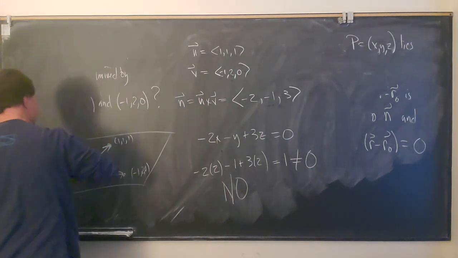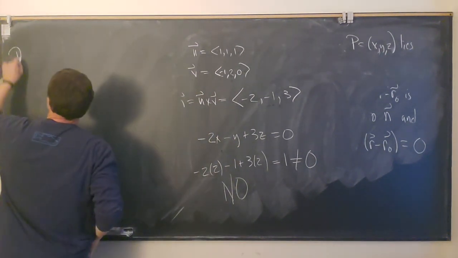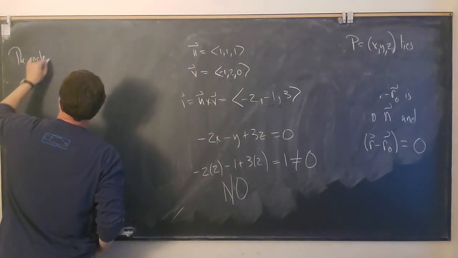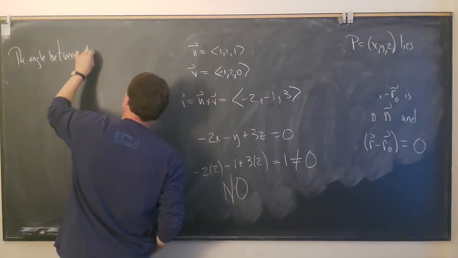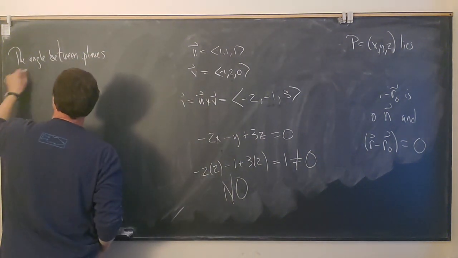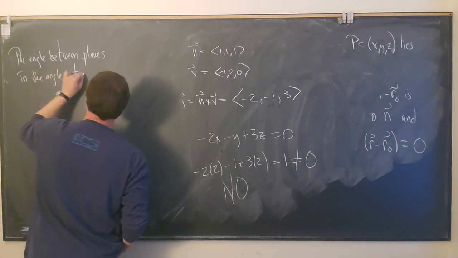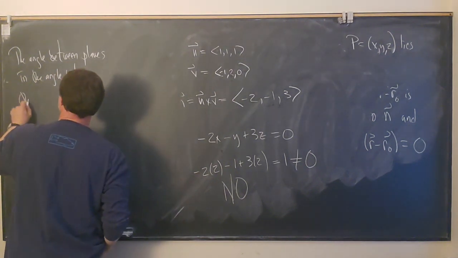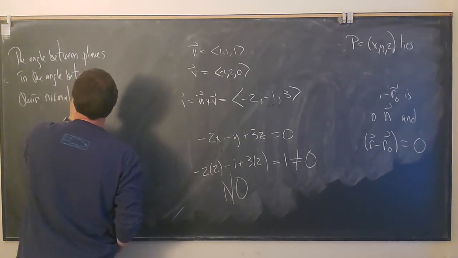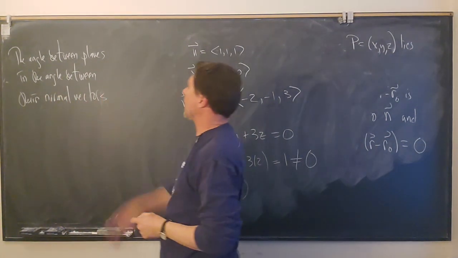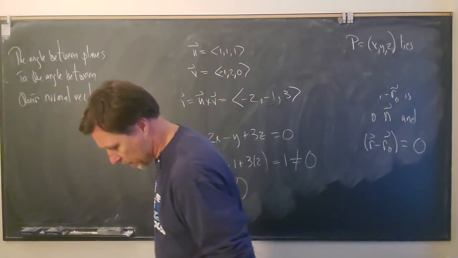There will be some questions that involve the angle between two planes. So the angle between planes is the angle between their normal vectors. If you get a question that asks about the angle between two planes, this is what you do. You find the normal vectors and compute the angle. So for example, let's find the angle